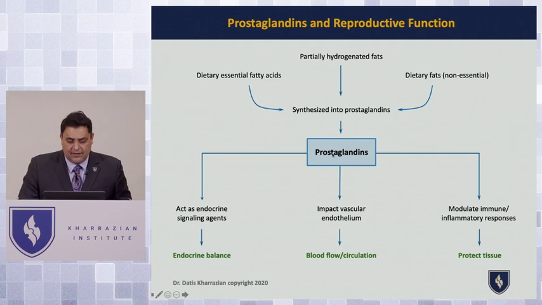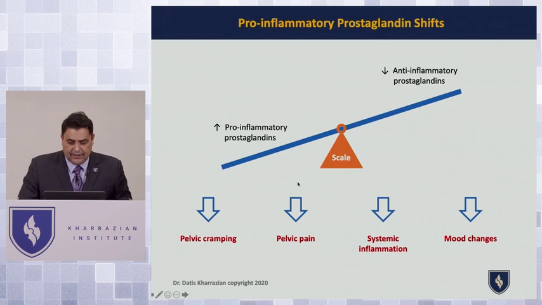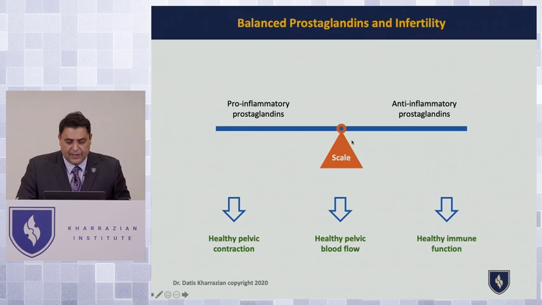So prostaglandins are involved with endocrine signaling, blood flow circulation, they protect tissues, and the shift in prostaglandins into a pro-inflammatory state will lead to pelvic cramping, pelvic pain, systemic inflammation, and mood changes. So we need to shift this balance back by looking at their diet, nutrition, and lifestyle. If we can change their prostaglandin levels, then we can definitely help with their pelvic blood flow and pelvic contractions